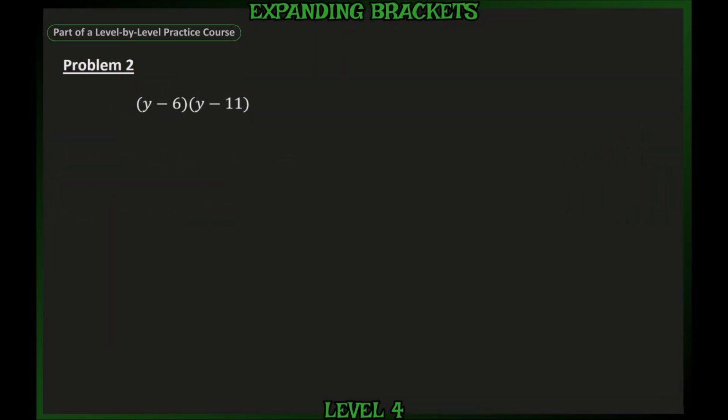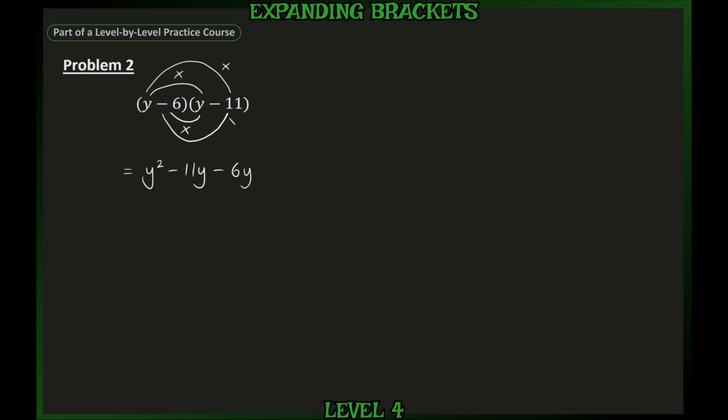In problem 2, we're expanding y minus 6 multiplied by y minus 11. So to start, we can multiply y by y, which gives us y squared. Next, we can multiply y by minus 11, and this gives us minus 11y. We can now move on to minus 6 multiplied by y, which is minus 6y, and finally minus 6 multiplied